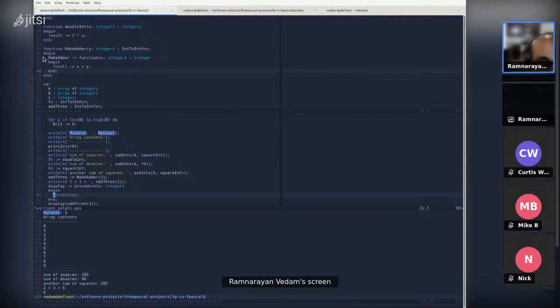Now, these are the basics to show that, as it stands today, for all intents and purposes, in the Delphi dialect of Free Pascal, and FPC has full support of this, functions can be treated as first-class citizens for the most part. I haven't hit a situation where it has shown me that they're not first class. But that isn't to say that there isn't a downside to this.